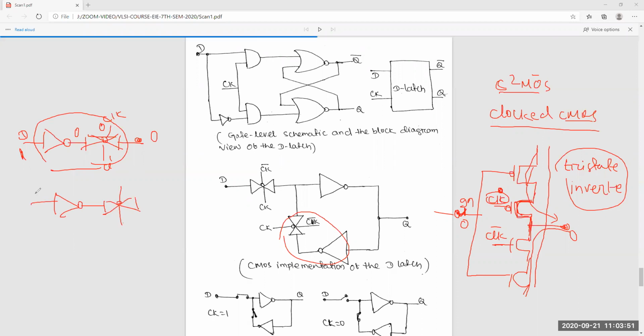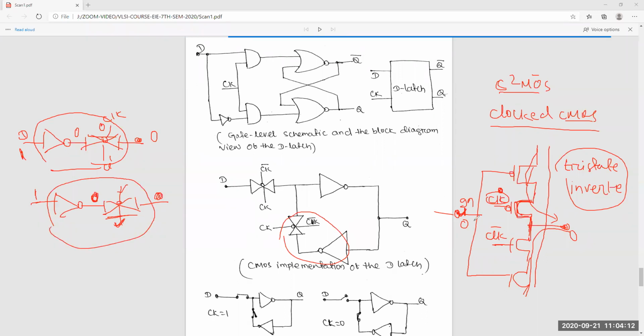So if it's 1, it means it's 0. This 0 will pass to here depending upon this clock value. Means if NMOS is on or PMOS is on, this 0 will pass to here or not? So this circuit is equivalent to this circuit also.